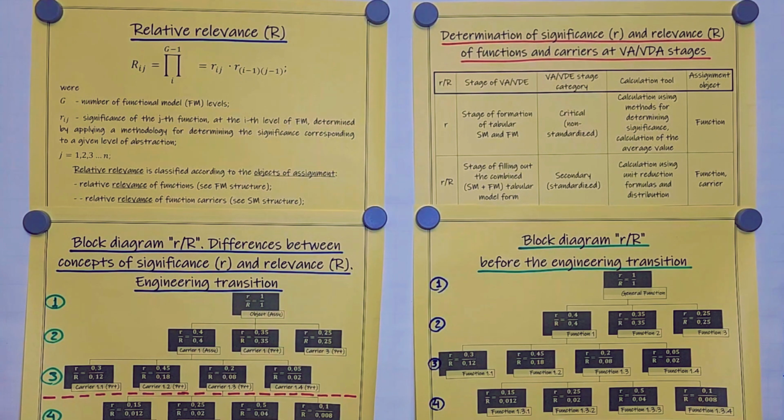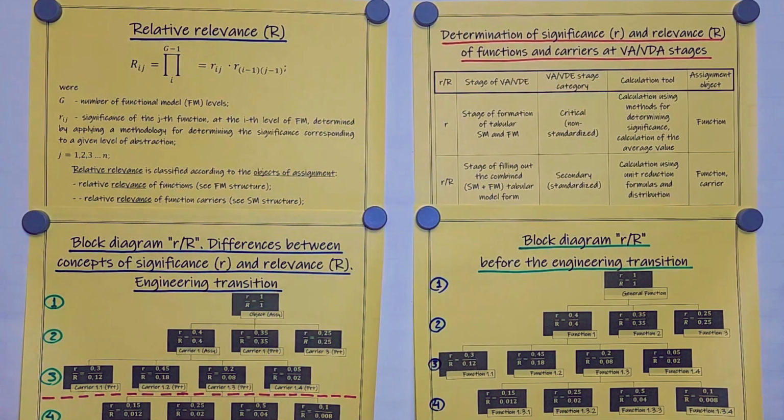However, using different tools and for different assignments and objects, in particular for the stage of formation of the tabular structure and functional model, we are talking about the application of methods for determining significance, which will be shown in the table below, and assigning